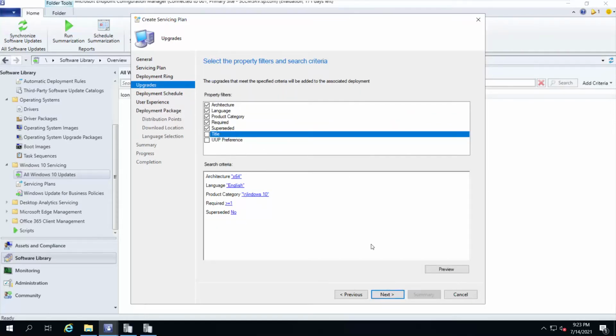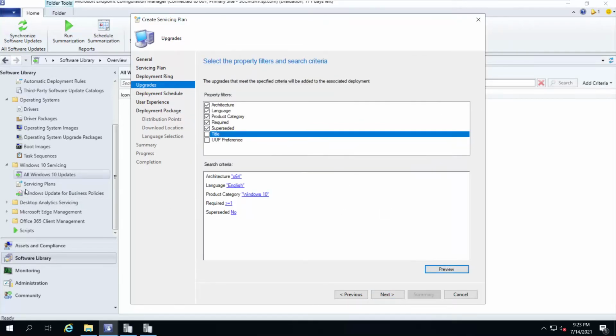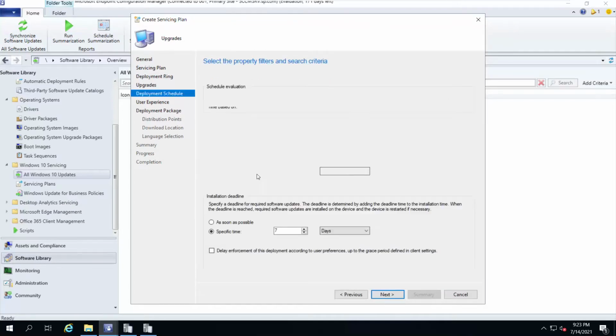I'll uncheck it at present and you can preview what you have selected, right? At present there are none, because we haven't downloaded anything because my upgrade option is not selected. So once this criteria is defined and you preview, whatever updates will be available here, it will show which are applicable to these servicing channels.